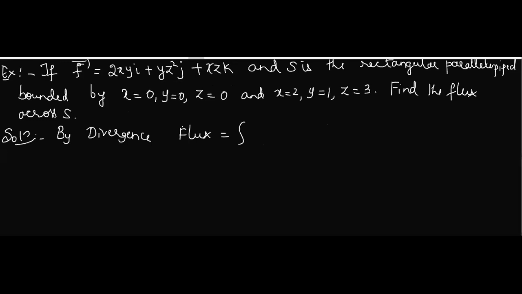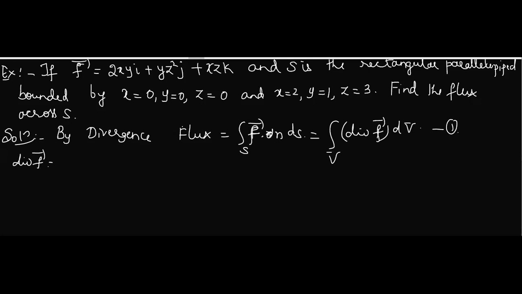is given by integration f dot n ds over S, which can be written as integration over V of divergence of f. Let me use a small f. What they have used, use it the same. They'll not cut the marks for that. Just find divergence of f. You should write the steps and all. Here I'm just showing because it is an earlier concept only.